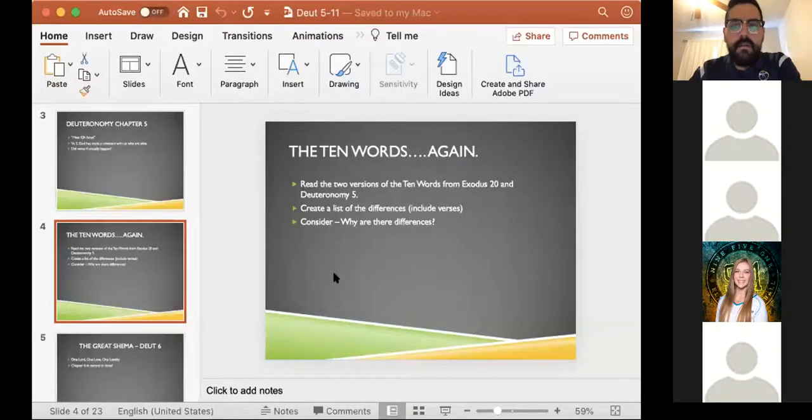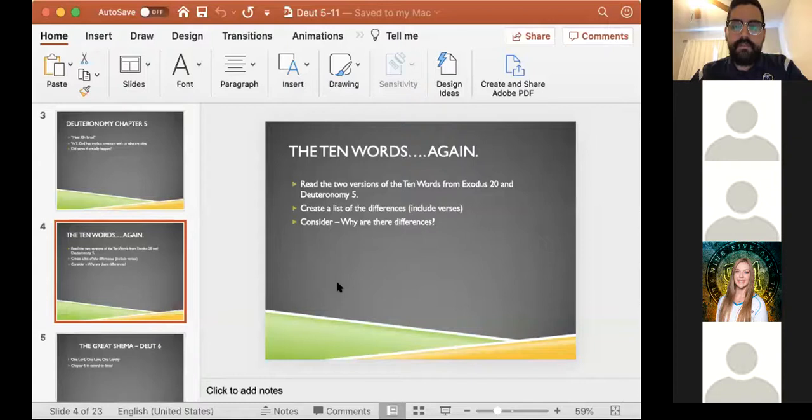If you go over to the next slide, slide 4, the 10 words that are going to be repeated for the people, that's what's going to be on the quiz. So just reading the two versions, create a list of the differences, and consider what the differences between the two are and why those might be. And I'll give you guys, for those that are here today and those that are going to be watching this video later,